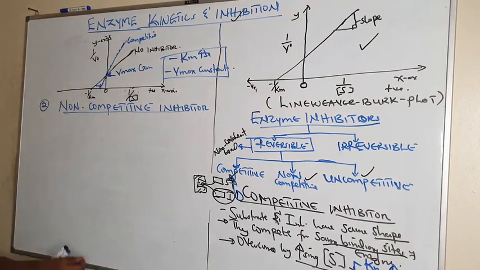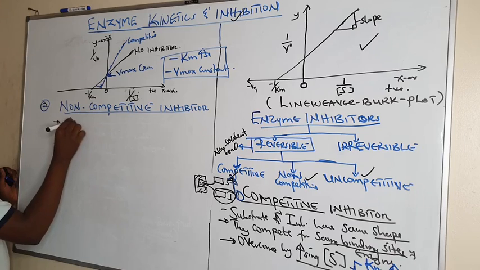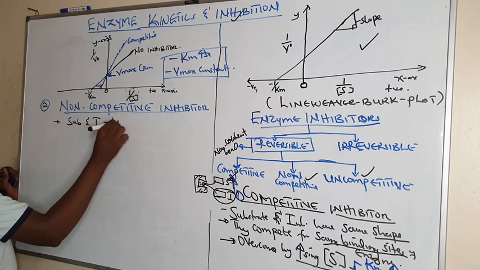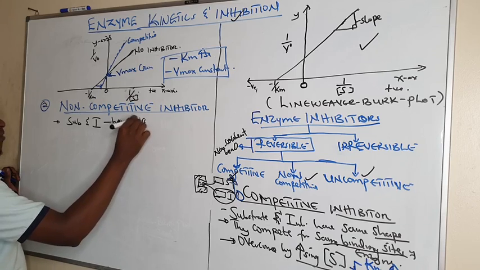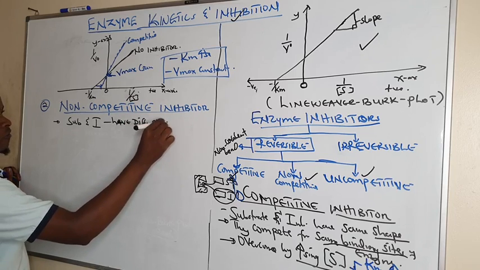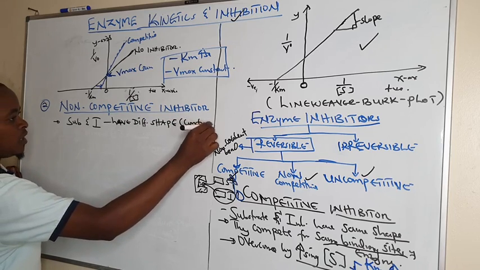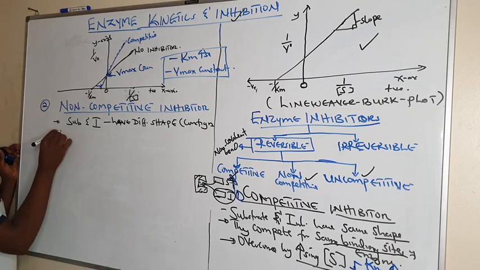We're going to see that the substrate and the inhibitor have different shape, or what you can call configuration. They have different configuration, and because they have different shape, they do not compete